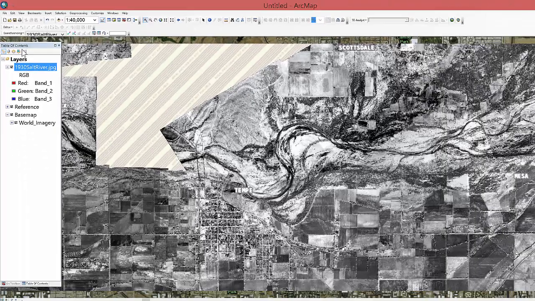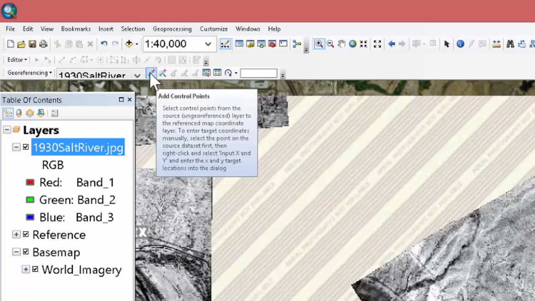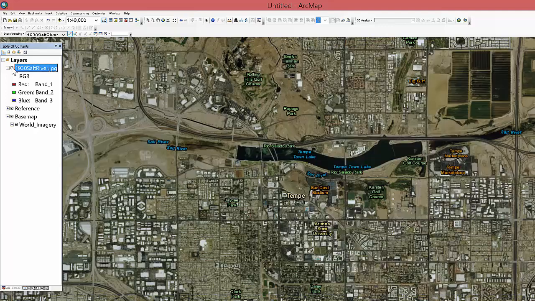So now I just have to pick my control points. There's not a lot of distortion probably, so we don't need a huge number, but let's pick some. Add control points. You just want to turn things on and off until we can kind of get a sense of